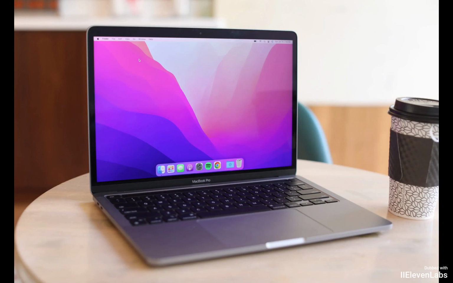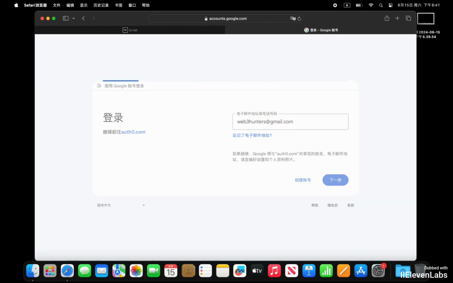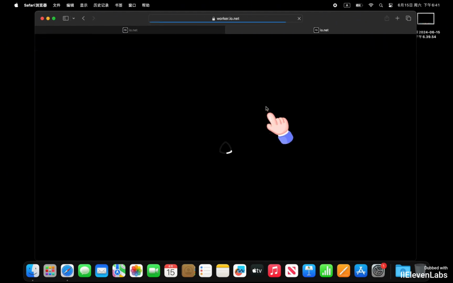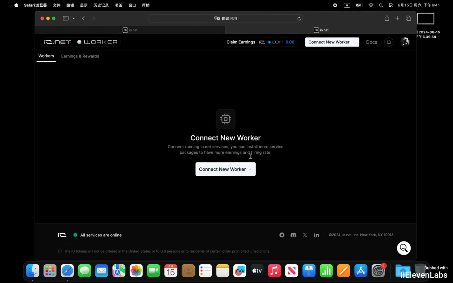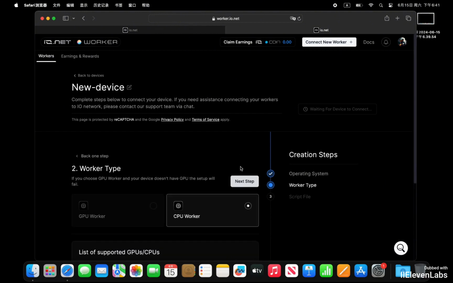This laptop is equipped with an Apple M3 Pro chip. First, we log into the official io.net website on the computer. Click to log in with a Google account, and after logging in, click to use the Google account. After installation, select Worker. Then click the Create New Miner button. Next, choose the macOS operating system and click Next. The macOS system can only use the CPU to run io.net, so we can directly click Next and see